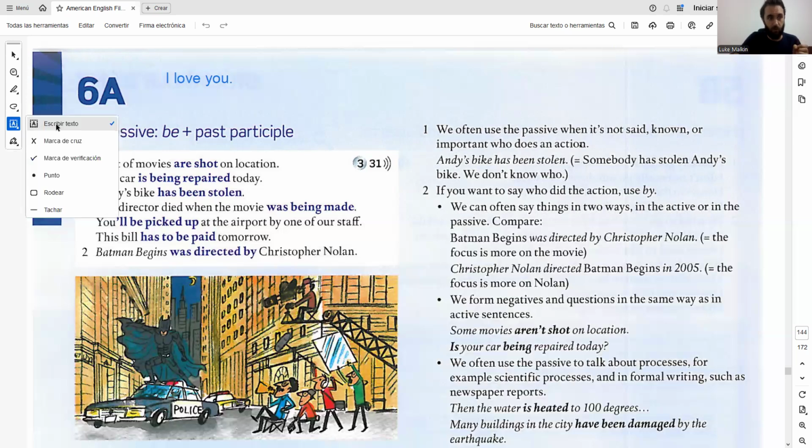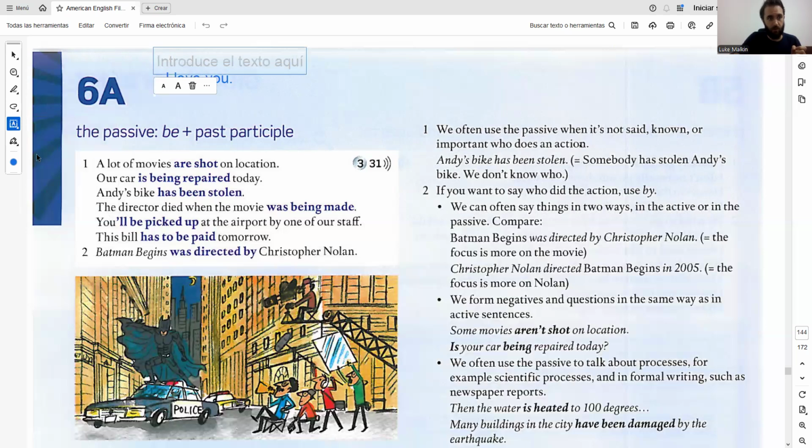So in grammar, we call this a subject. Subject is I, and in this example, the object is you. Do you love me? Maybe, maybe not. We don't know. But I, the subject, love the verb. I and the subject are connected. You, the object, is just the direction of where the love is.